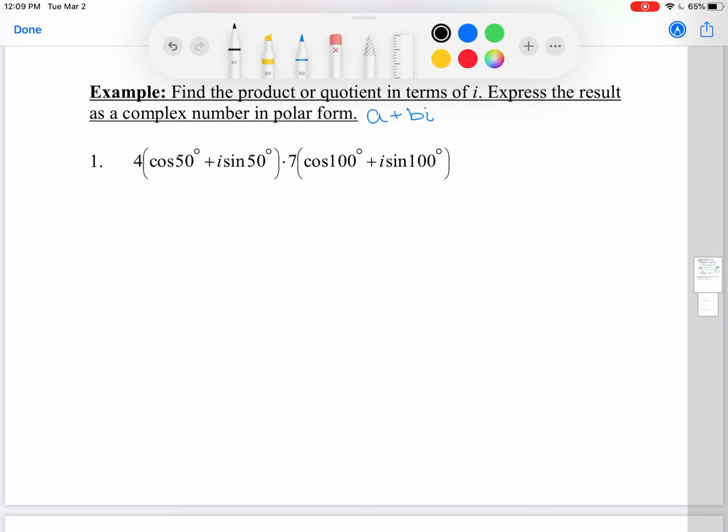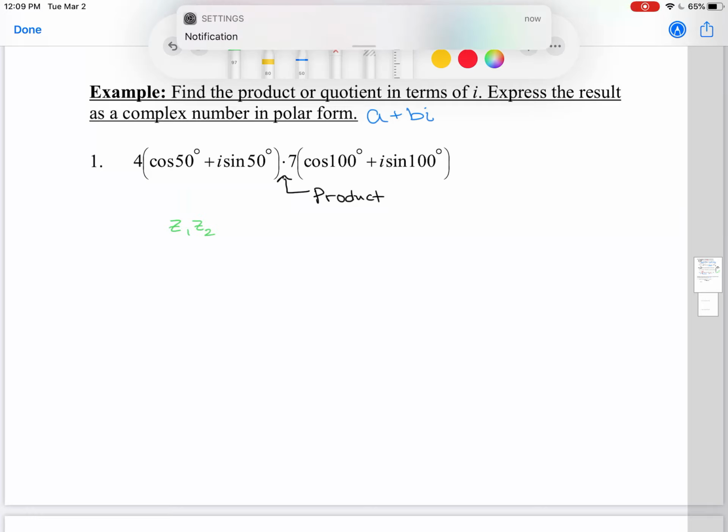So let's get started with question 1. We have 4 parentheses cosine 50 degrees plus i sine of 50 degrees times 7 parentheses cosine of 100 degrees plus i sine of 100 degrees. So what I want you to pay close attention to is right here. Identify what we are actually doing with these two terms. We are multiplying, so we need to find the product. When I look up at my product formula,